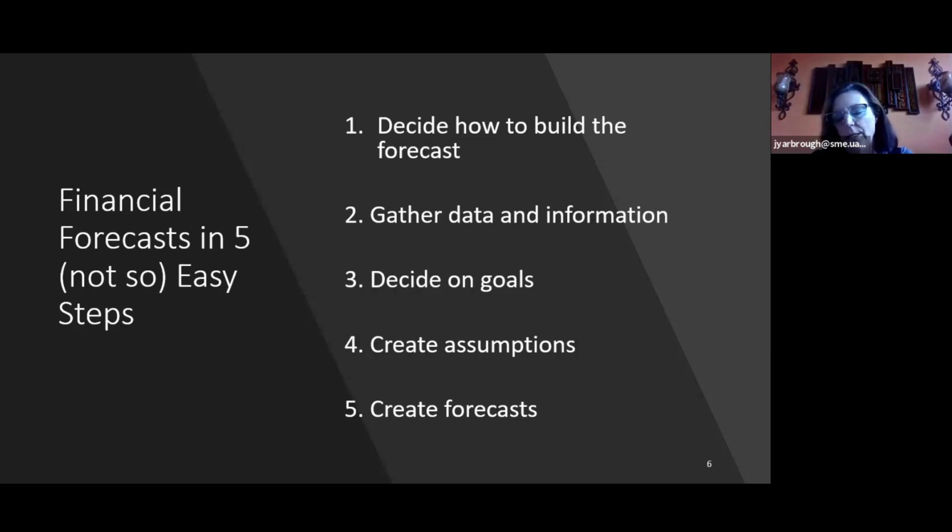But really, it's about being in tune with your overall objective for the company, and then setting the goals for your financial forecasting, and then deciding what assumptions will drive the goals that are going to drive this financial forecast. In a comprehensive approach to your financial management of your company and your operational aspirations, these will also tie in very keenly with any strategic planning that you might be doing.